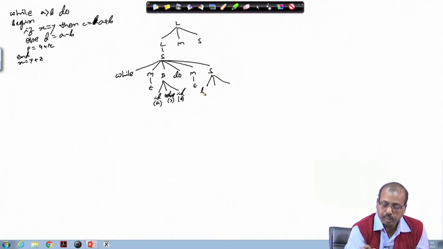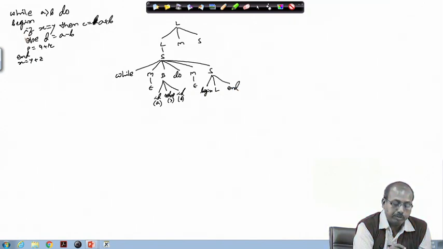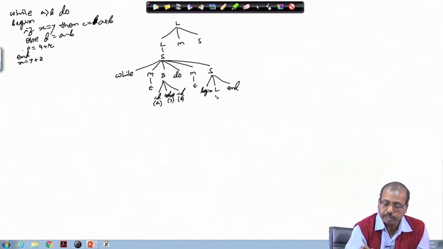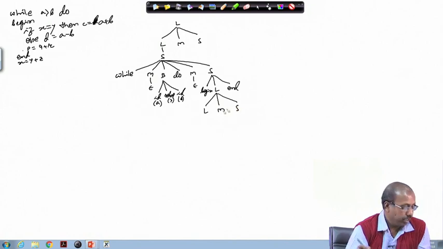So, this is begin L end, and then this L, again there are two statements, the if statement and then this P equal to Q plus R statement. So, it should be L M S like that.